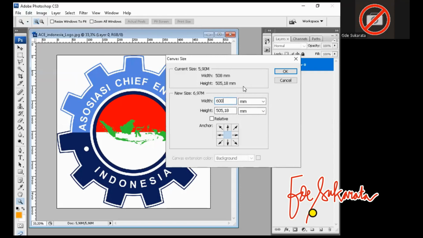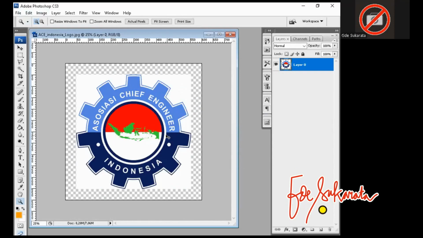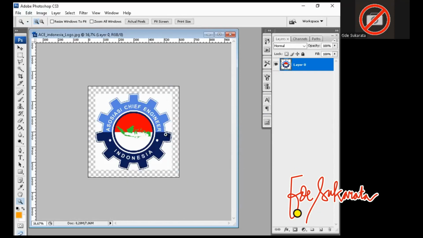Okay, to 600. Yeah, 600. Okay, Control minus for zoom out. Now I want to clear this space.